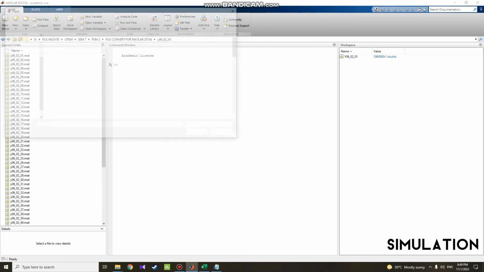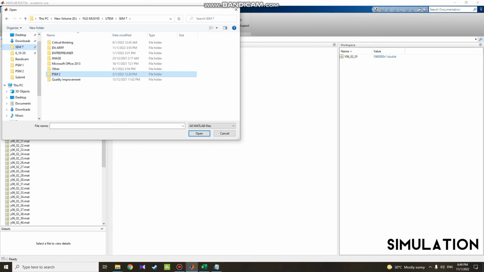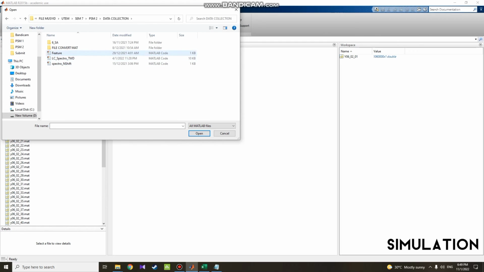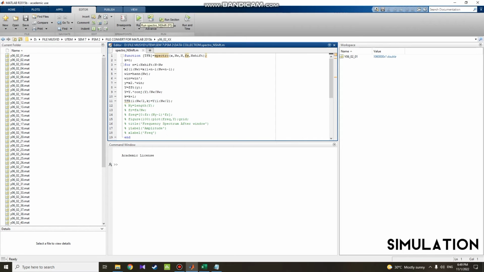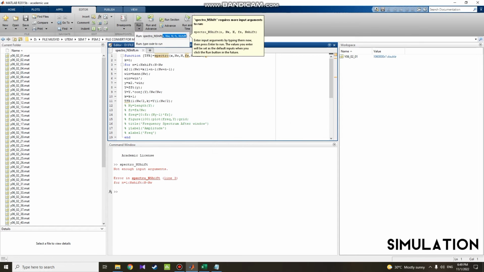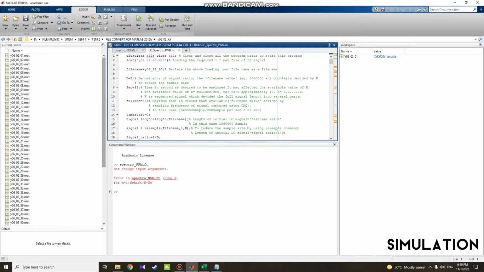After that we need to open the spectral diagram to extract the data from the raw data. This is the spectral, but first we need to run this first. Hit pass. After that we need to run the spectral. For the extraction of the data, first we need to change the coding a little bit, and this is coding 02. As you can see here is